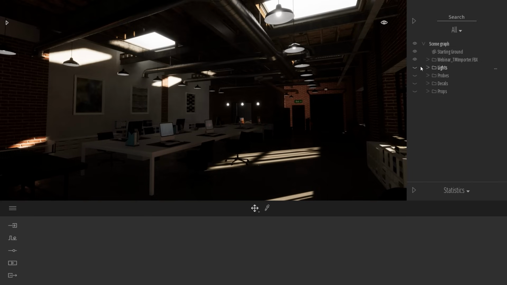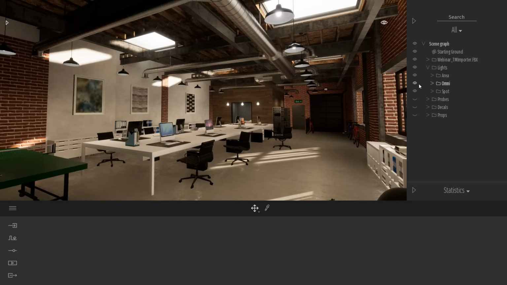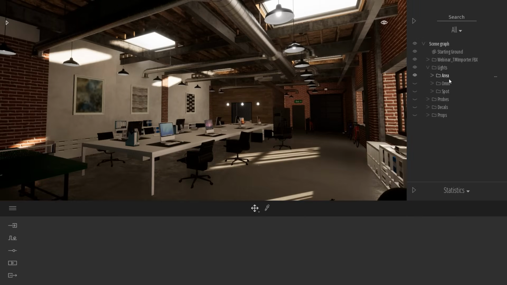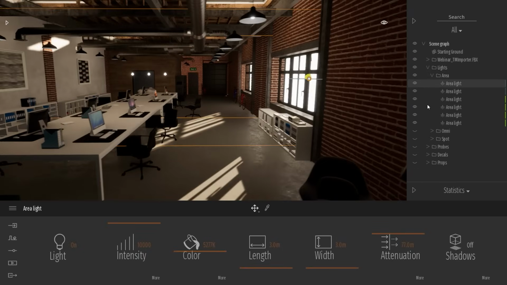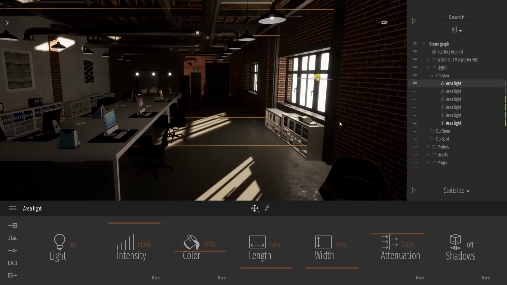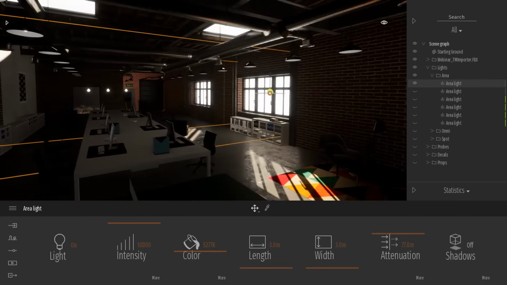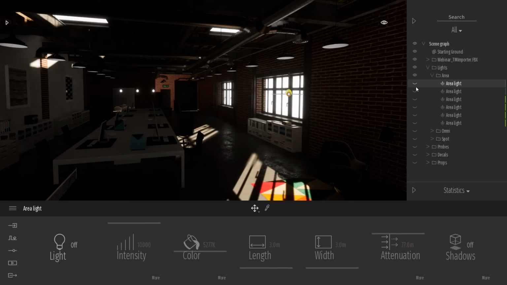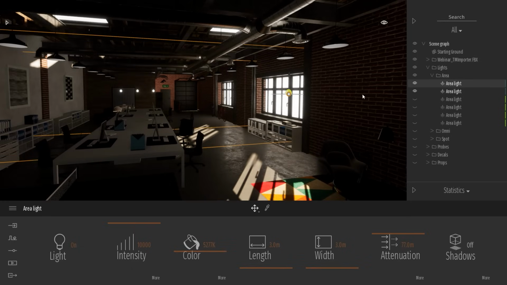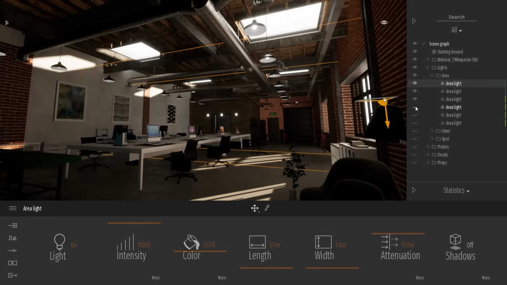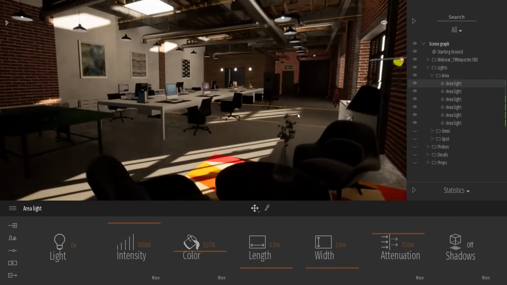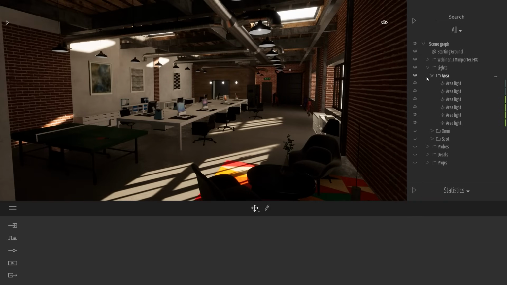After importing the project, I set up the light. The light setup is also pretty simple. We have one area light in front of each window. If I select the one over here, let's actually hide all the lights and turn them on one at a time. So we have one light per window, like here, those two. Then we have 4 windows on the ceilings. So we have 1, 2, 3, and 4. So this is all the area light.